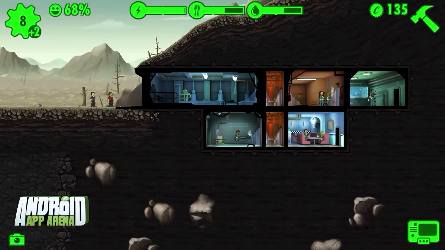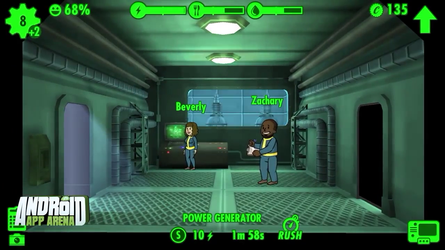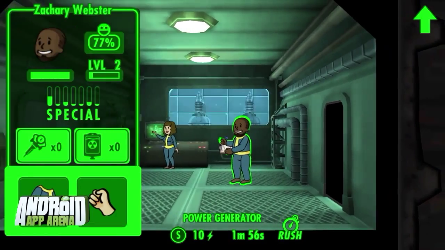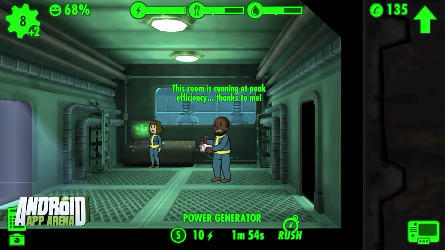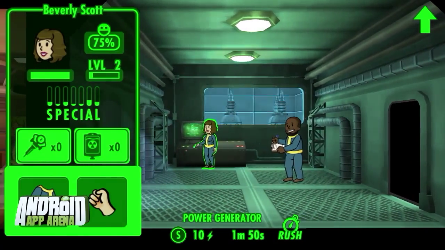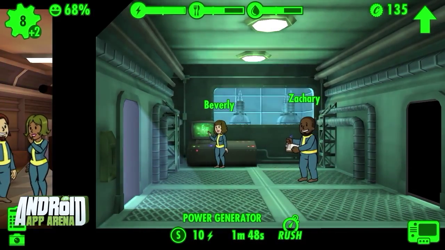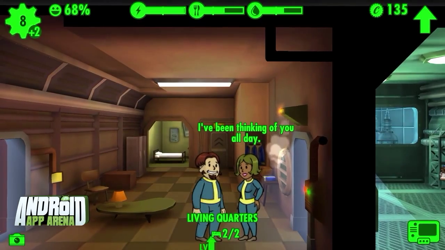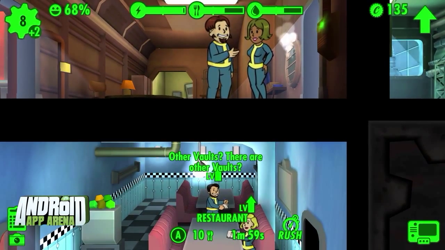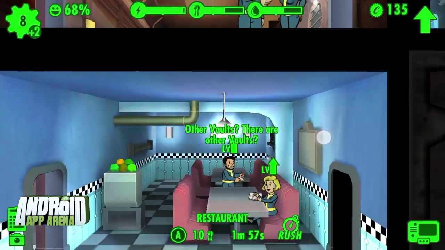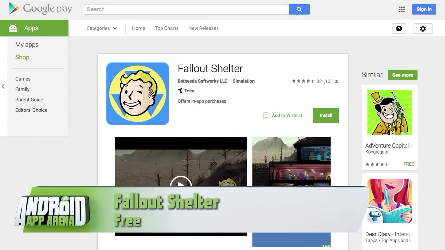But without those paid upgrades, you spend a lot of time just waiting for things to happen, waiting for a player to level up, waiting for the resources to regenerate, waiting for new people to arrive. So much waiting. I'm conflicted. When there's stuff to do, the game is fun. But when I'm waiting around for something meaningful, I'm ready to check out. If games with a grind don't bother you and you have the time to invest, then you might want to check out Fallout Shelter for free in the Play Store.